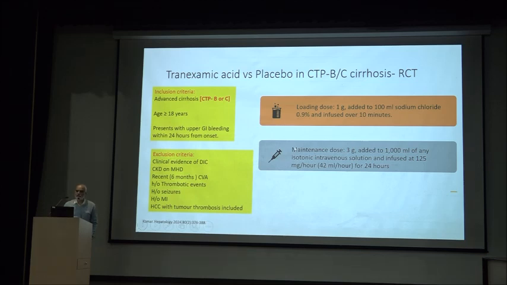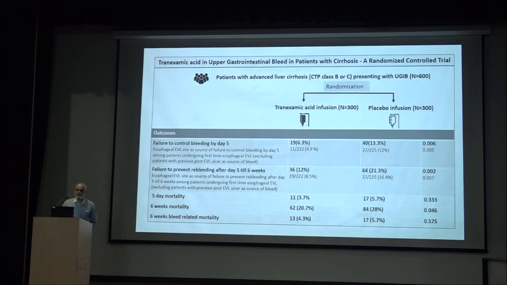So this was the regimen that was used. A loading dose of 1 gram added to 100 ml sodium chloride 0.9%, infused over 10 minutes. And then a maintenance dose of 3 gram added to 1000 ml of saline or any isotonic solution and infused at 150 mg per hour. What we found was that there were 300 patients in each group, tranexamic acid 300 and